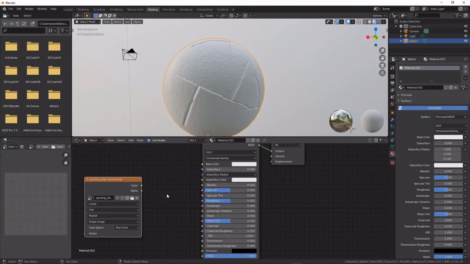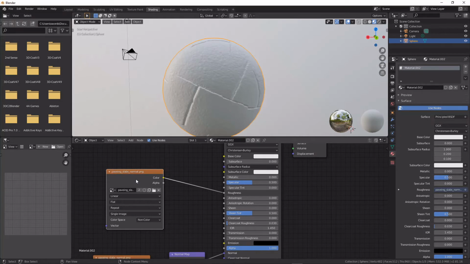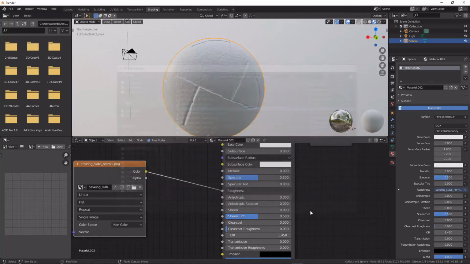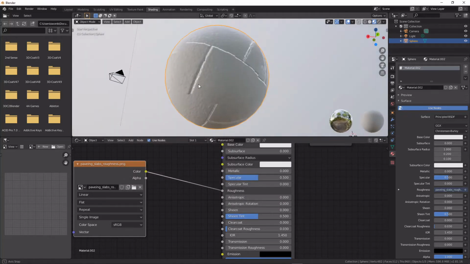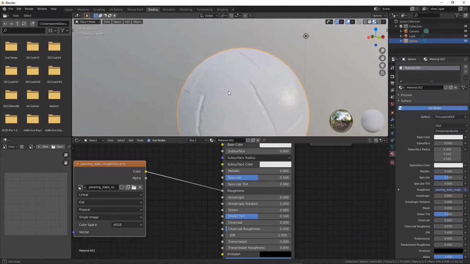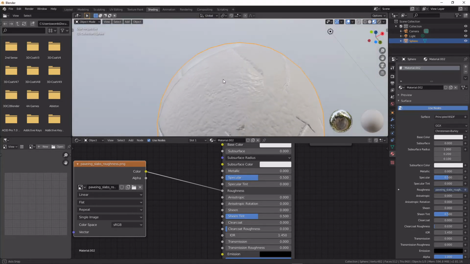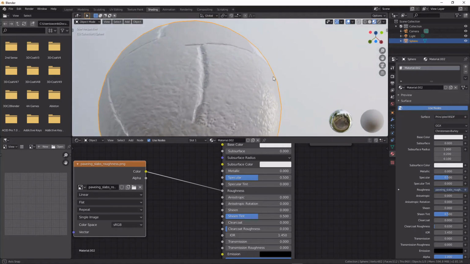So the second thing that we're going to be wanting to work on is roughness. So we're going to send our roughness texture into roughness, and that allows us to control how shiny the object is. So we can see there we have